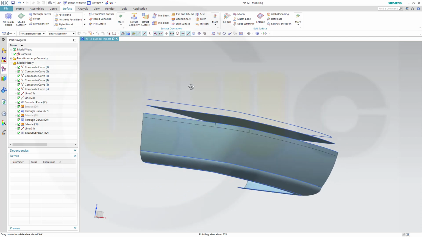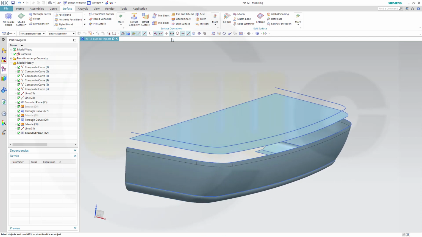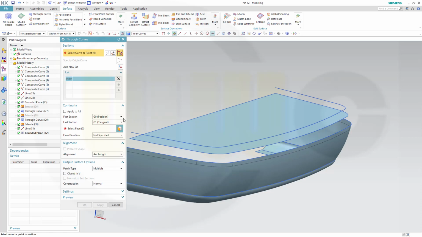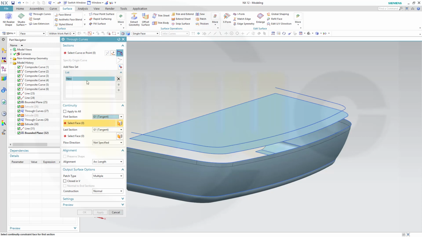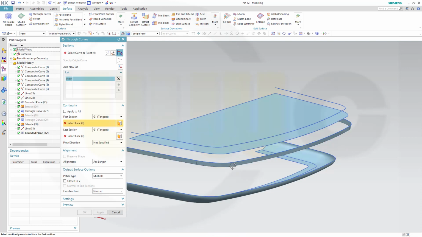Okay, and now I can go for my through curves. So that would be, where is my through curves? There it is. And I want it to be tangent on both edges. Now I need to maybe hide that through curves for the moment. And choose that edge up here. The edge of the extrude, tangent curves, and the second set would be this edge, arc,